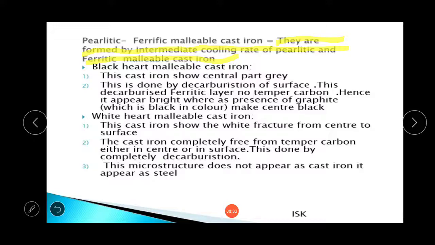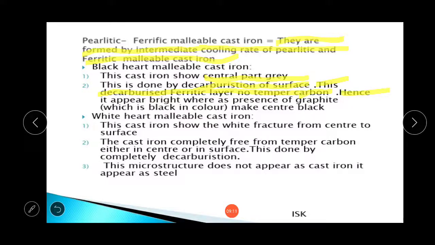The black heart malleable cast iron shows the central part gray. This is an important point. Next, how is the central part gray created in the black heart malleable cast iron? This is done due to decarbonization of the surface, and in this decarbonized ferritic malleable layer there is no temper carbon,